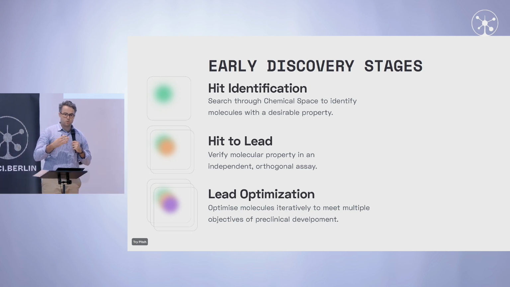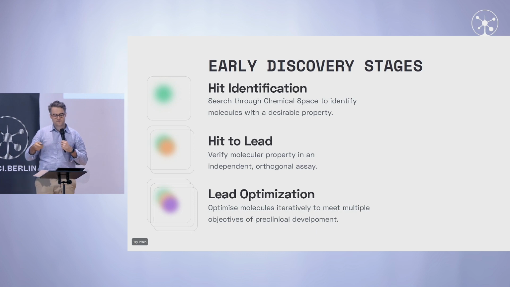So basically, you search through chemical space. Those could be small molecules, those could be protein binders, those could be conformations of the enzyme that you're trying to engineer. And you try to identify the configuration that has the desirable property, which in the beginning is most of the time just, does it bind? Does it bind tightly? Does it inhibit the activity of the enzyme I'm trying to stop? Or does it bind tightly to the surface marker of the cell that I wanted to remove?